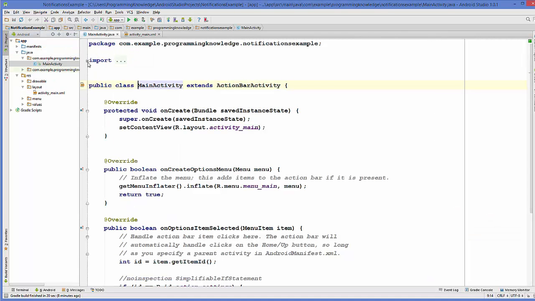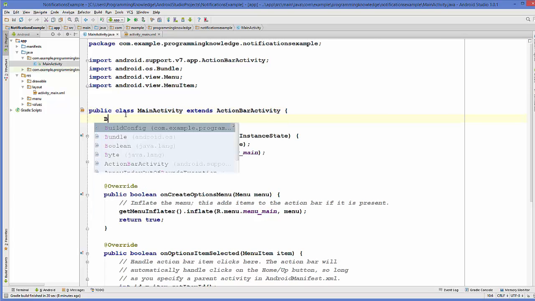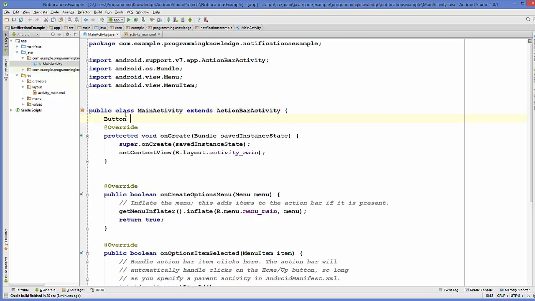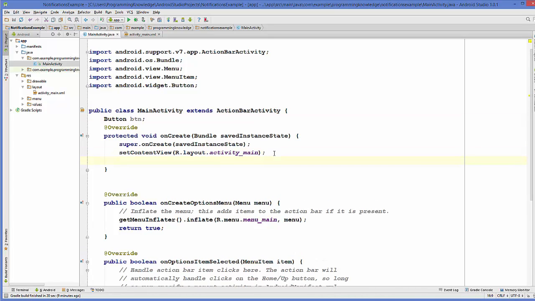So in here I'm going to declare a button variable, button btn for example, and I will give alt enter to include the button imports. And now I will take this button variable and I'm going to cast it inside my onCreate method. So button is equal to,